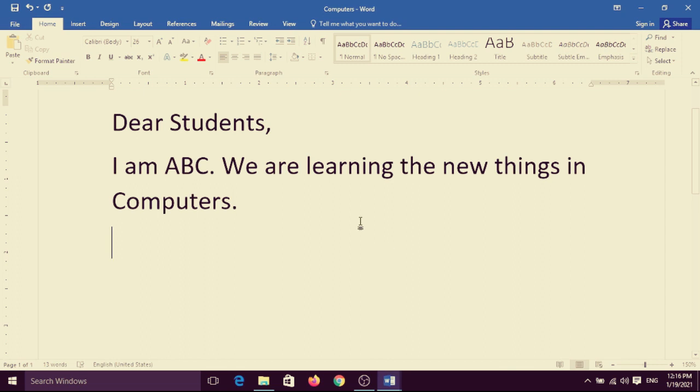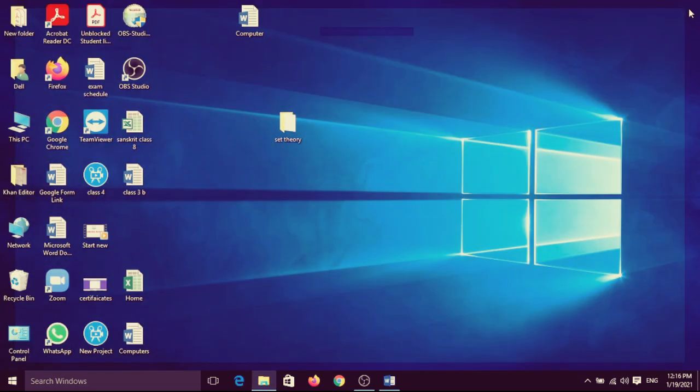And now you can press the save button. No dialog box will appear because you have already given the file name. See, when I click on save, and close this document.